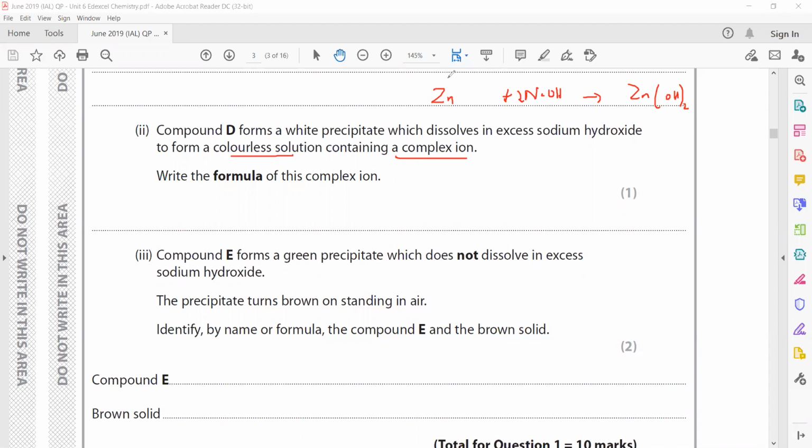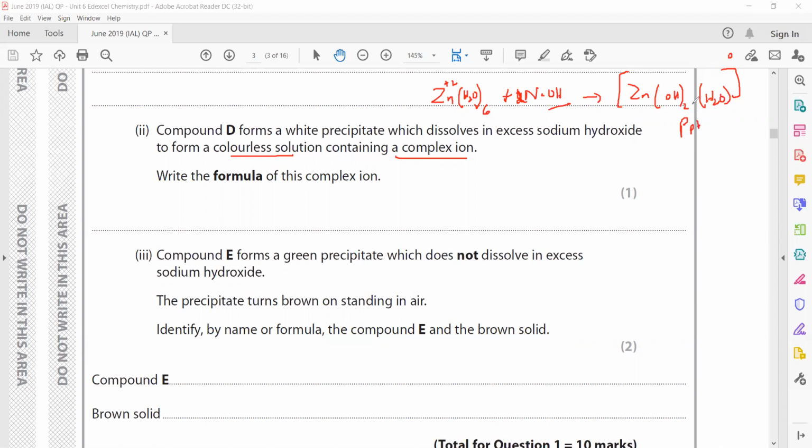And how do these transition elements exist in the solution? They exist as a complex. What is the meaning of complex? It means a dative bond is there, and water molecules are surrounding them, attracted towards this zinc ion, and it forms zinc. So 6 water molecules are initially surrounding it. This hydroxide ion will accept 2 protons from water molecules, so it will become zinc hydroxide and 4 water molecules remain. When the overall charge on this complex is 0, it means it will form a precipitate.